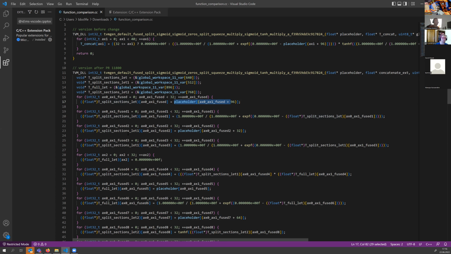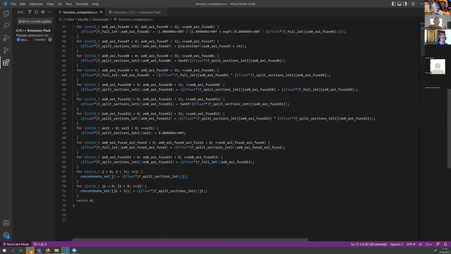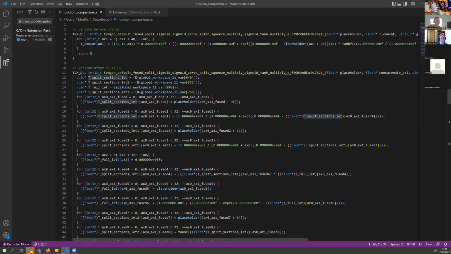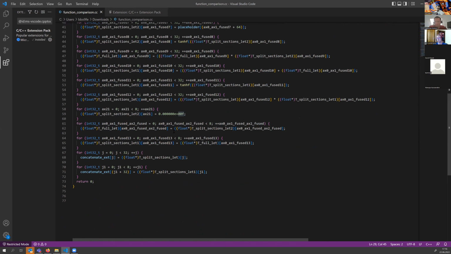What you typically would do to concatenate is just write the placeholder here and the placeholder. I think in this case it's maybe padding zeros, so you would just write a 0 here and placeholder J here, and that would be it. So is it basically that it's suboptimal? It is suboptimal, yes.